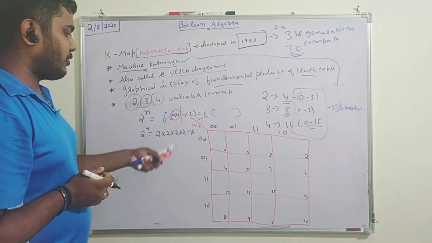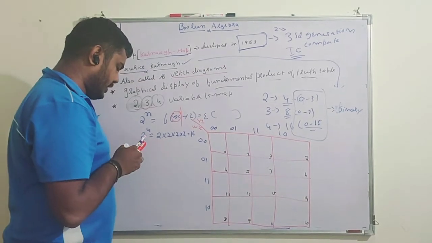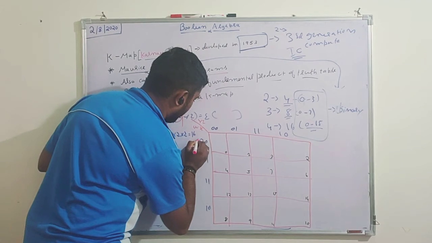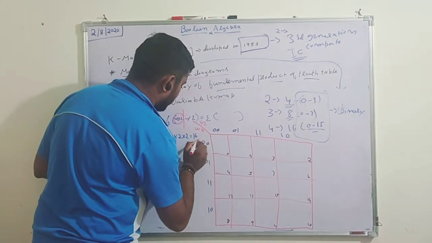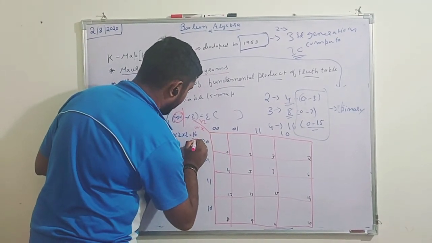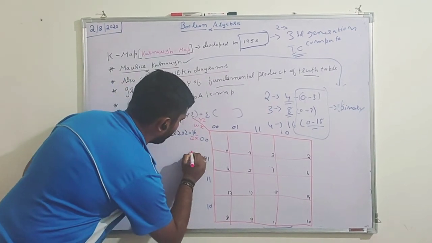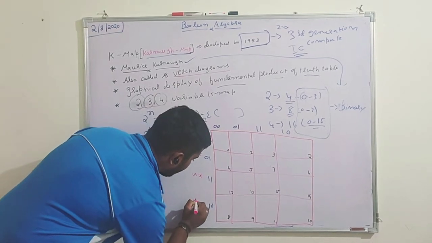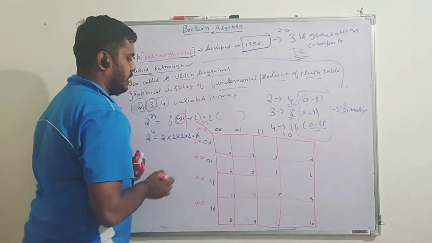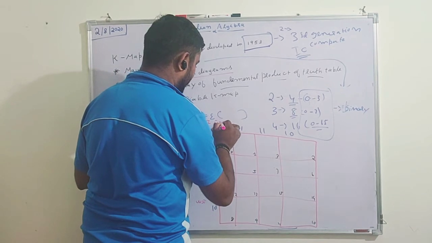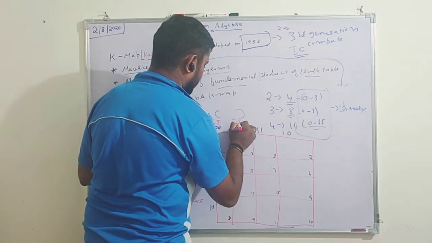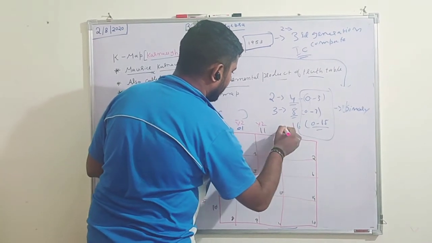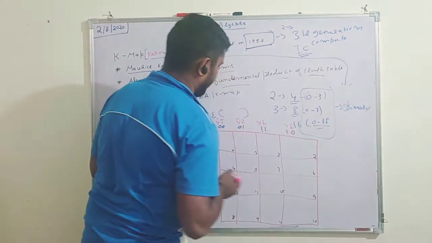So how do I draw the empty 4 variable K map? You should know. Now let us give the naming, which is also important. 0 or 00 means, in SOP, 0 means bar. So w bar x bar, w bar x, w x, w x bar. Now here y bar z bar, y bar z, y z, and next y z bar.